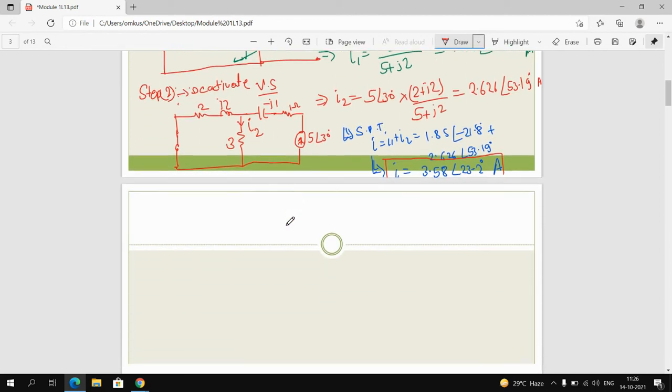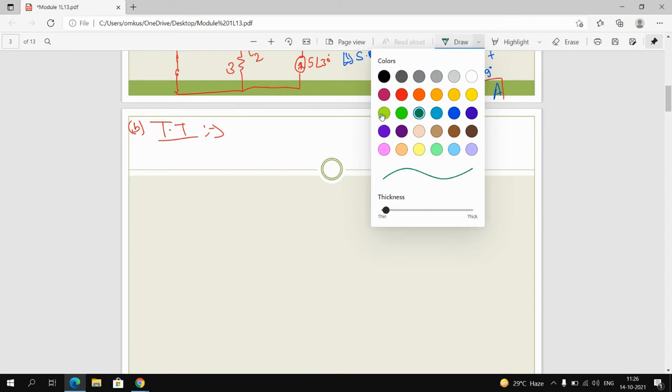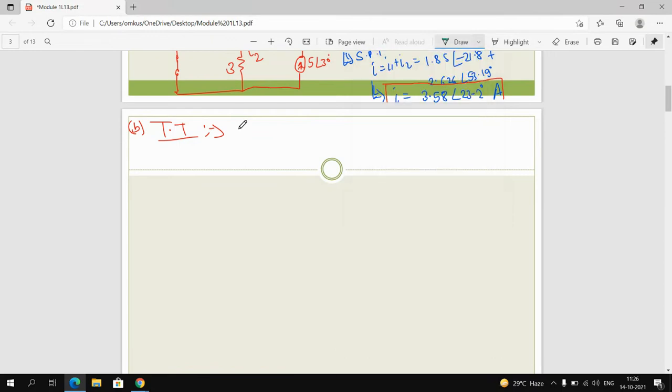Now, the second thing is that you need to calculate this same current with the help of Thevenin's theorem. What is step one in Thevenin's theorem? You have to deactivate, or remove, the target terminal. What is your target terminal here? Now this is the circuit, right? When you remove the target terminal, this is 2 ohm and this is J2. This is your first step, to remove your target terminal,